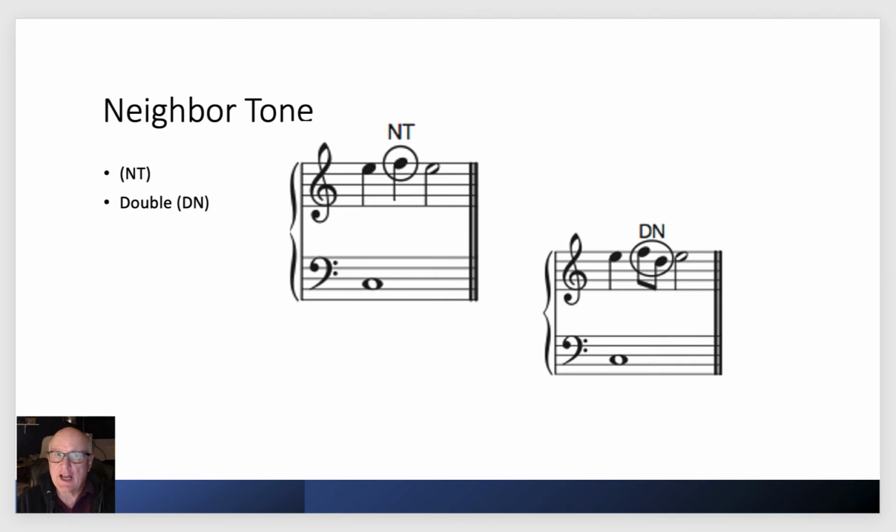Then we can have a neighbor tone, which you've used before. So in this case, you could have an upper neighbor tone or a lower neighbor tone. I could go the other direction. And you could have a double neighbor. So that simply means that there's a note a step above and a step below the note that's being ornamented